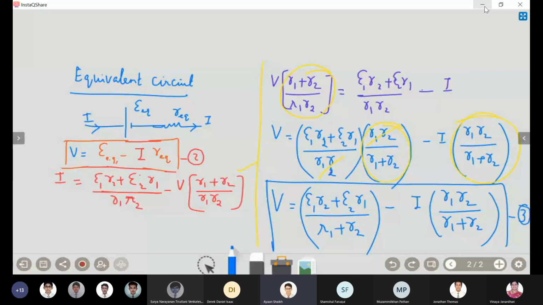V is equal to E1 R2 plus E2 R1. You understand this one, right, boys? Whatever we have, this was the quantity. This will go as the reciprocal because I have to divide the right hand side by this quantity, R1 plus R2. What happened? Should I redo that? See, this quantity, whichever I am highlighting. Can you redo it once? Okay.